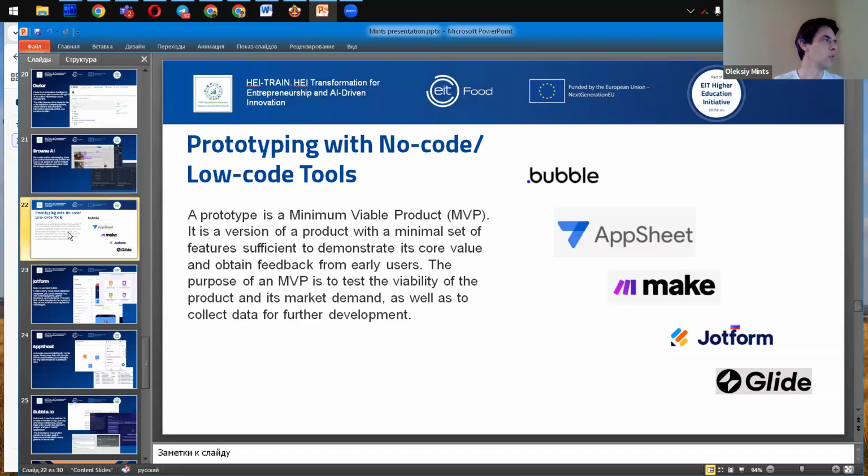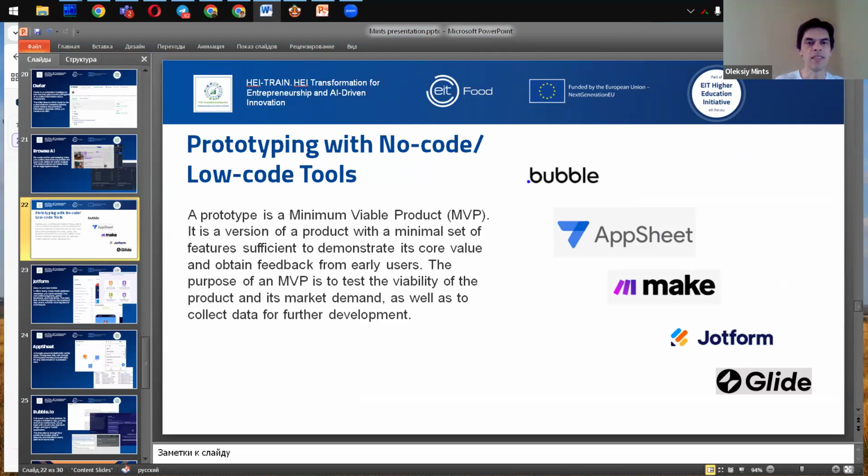And now let's move to prototyping with no-code and low-code tools. So why is a prototype needed?